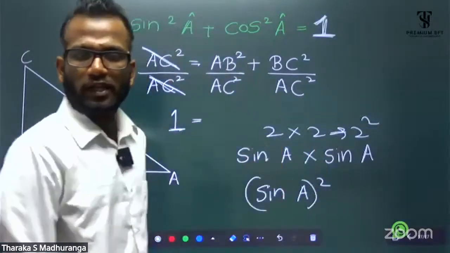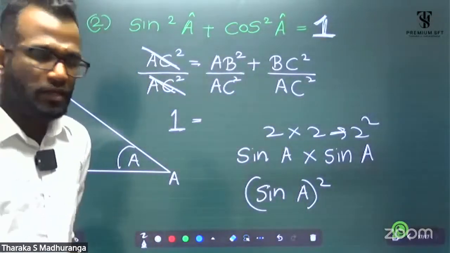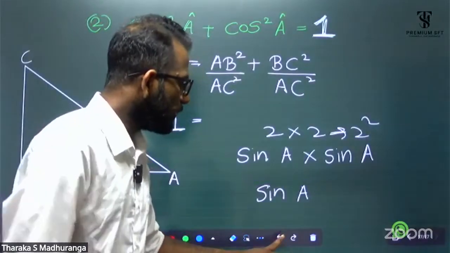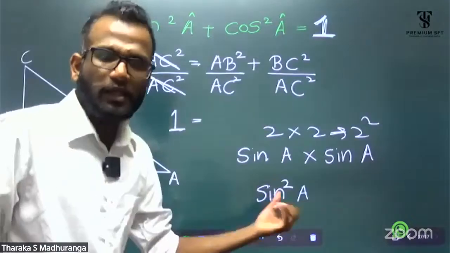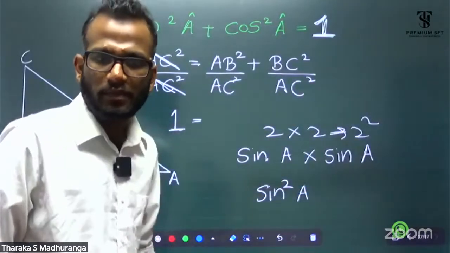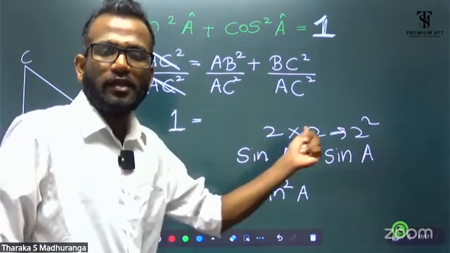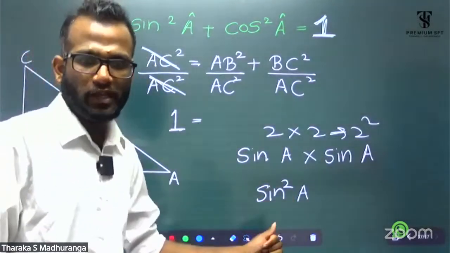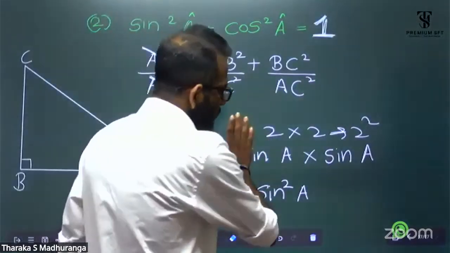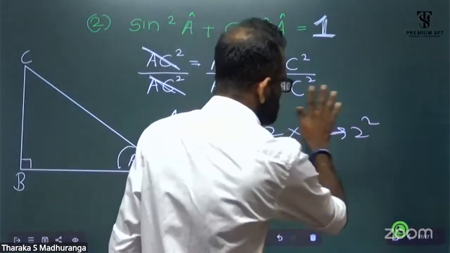squared. This is not the correct way. This is the way: sin squared A. The meaning is sin A into sin A. Clear? Sin A into sin A. This is the method, sin squared A. It is the same. Okay. Now